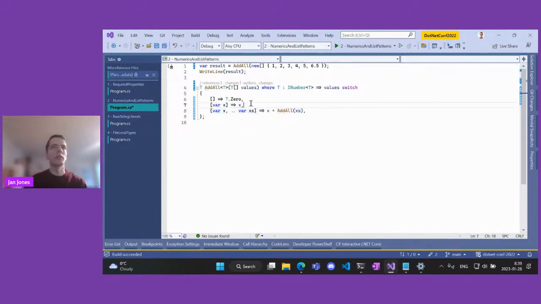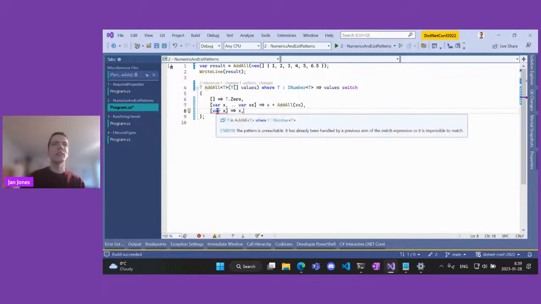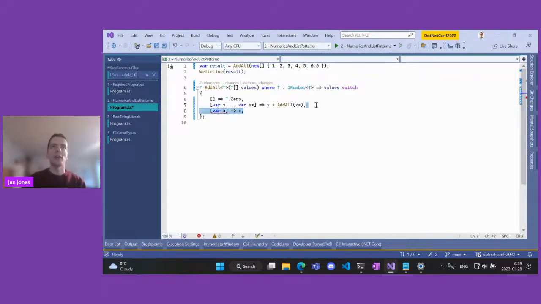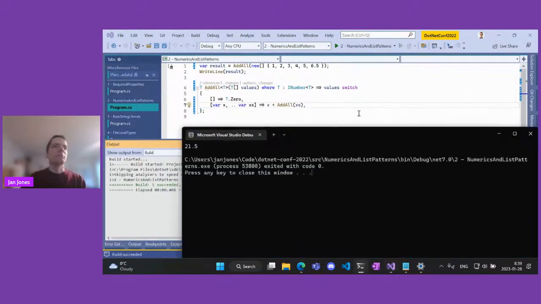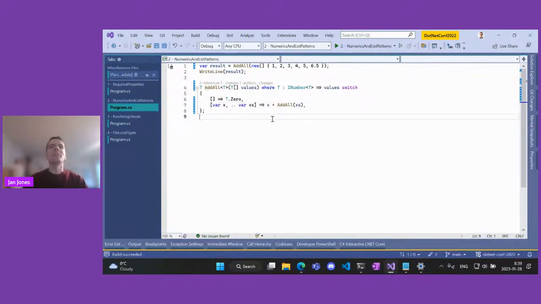So actually this clause is redundant, and if I reorder it, it tells me that this is not necessary, so I can remove it. So yeah, that's a nice way of having patterns around lists. It's very declarative, and the switch analysis also helps you quite a lot there.